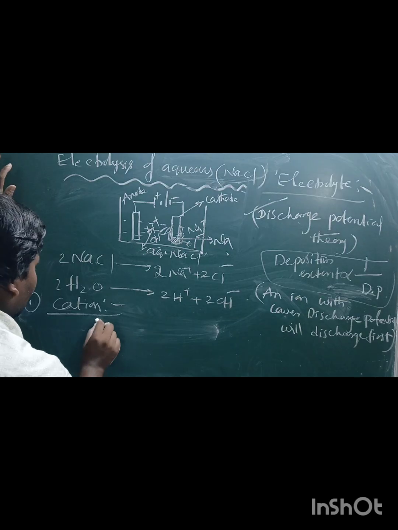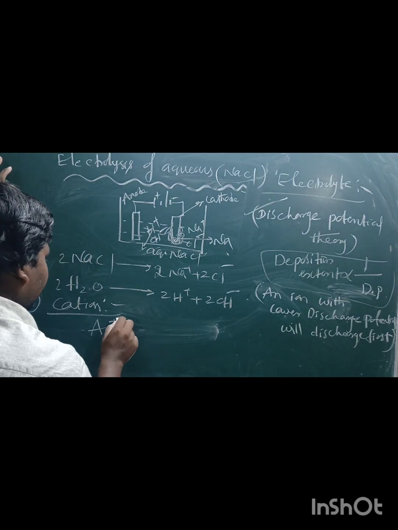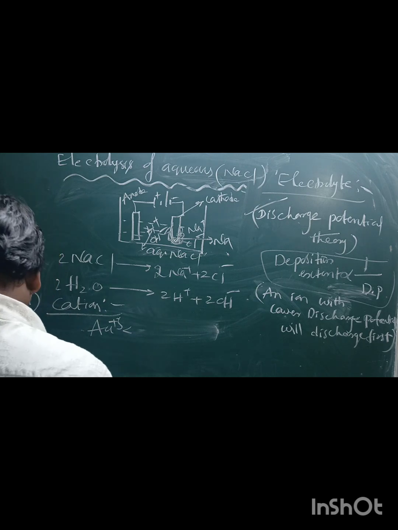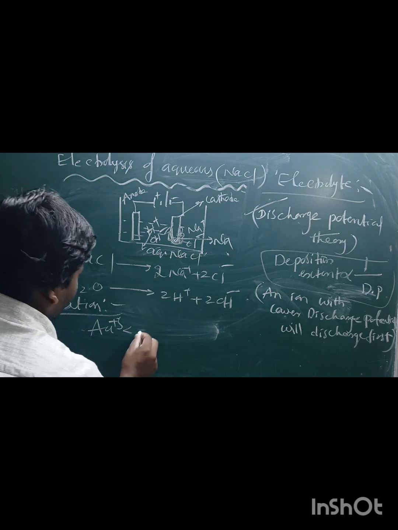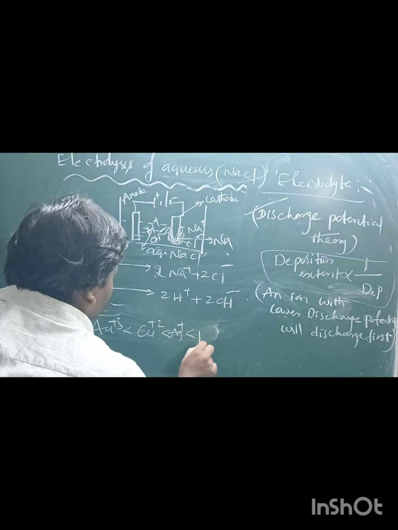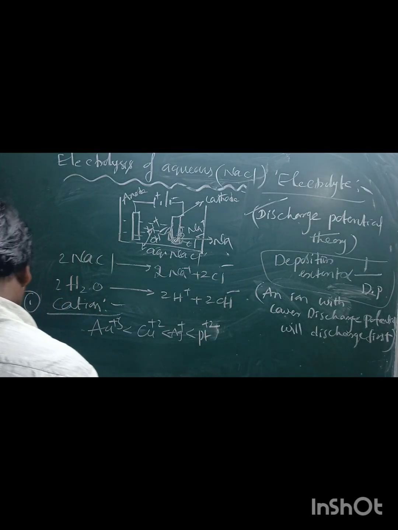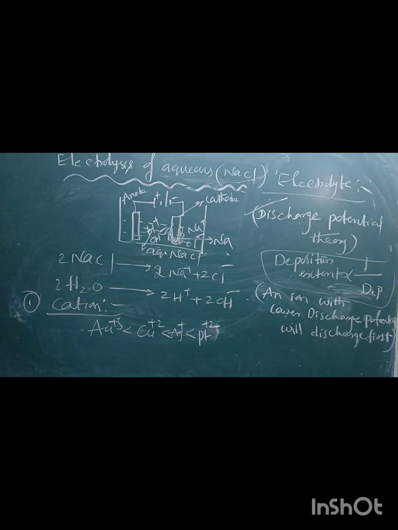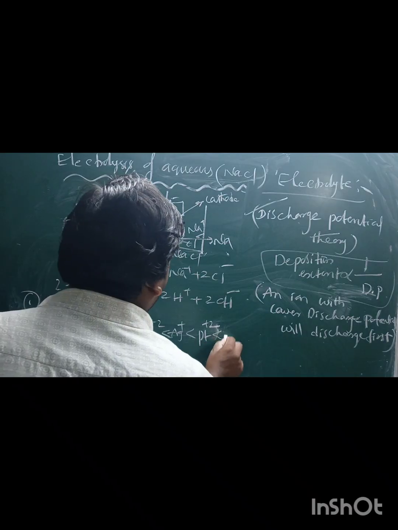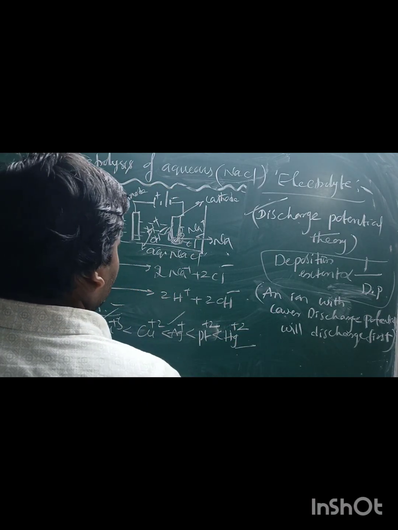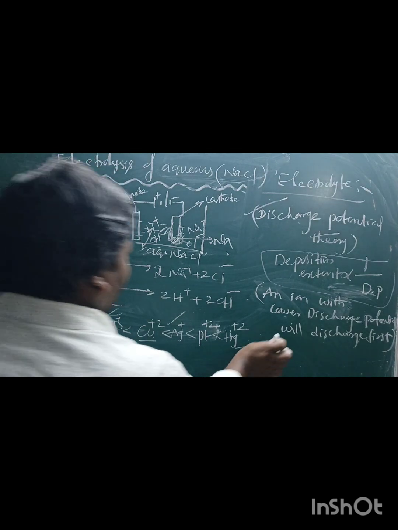Now here, noble metals like Au plus 3, copper plus 2, Ag plus 1, platinum plus 2, and also gold, etc. Au plus 3, platinum plus 2, Hg plus 2 also. Au, Ag, Hg plus 2, platinum, Cu. Then followed by